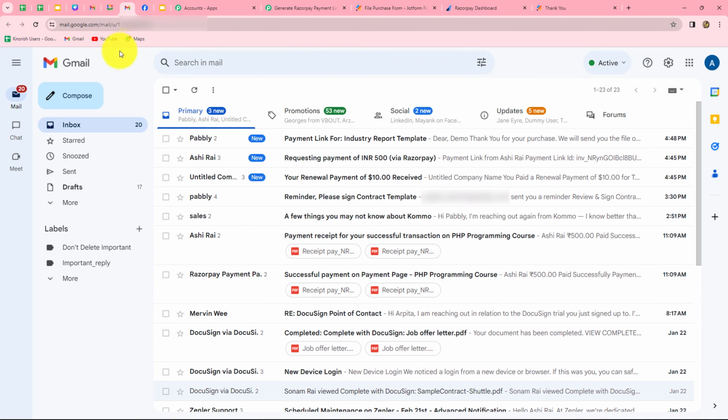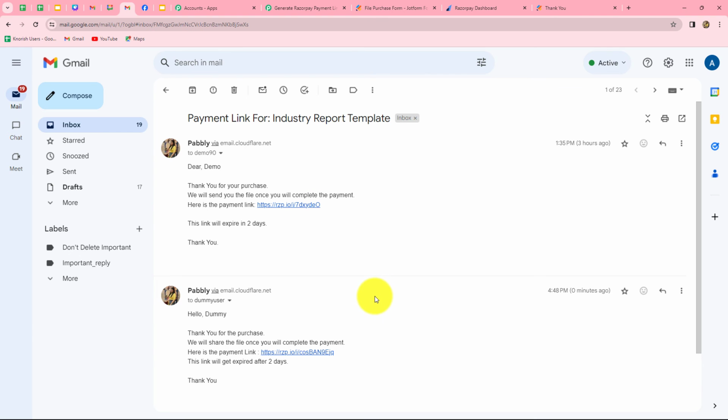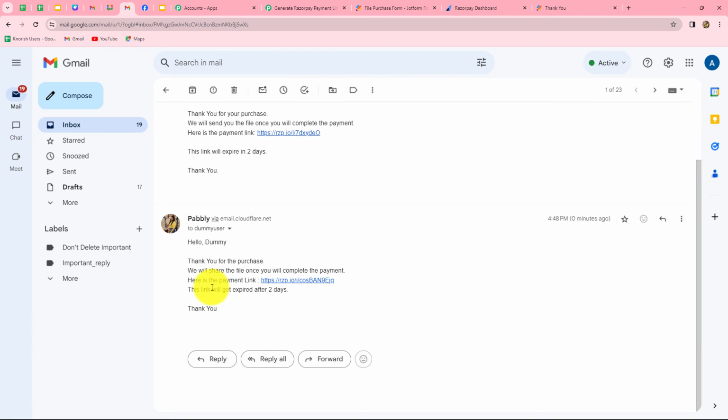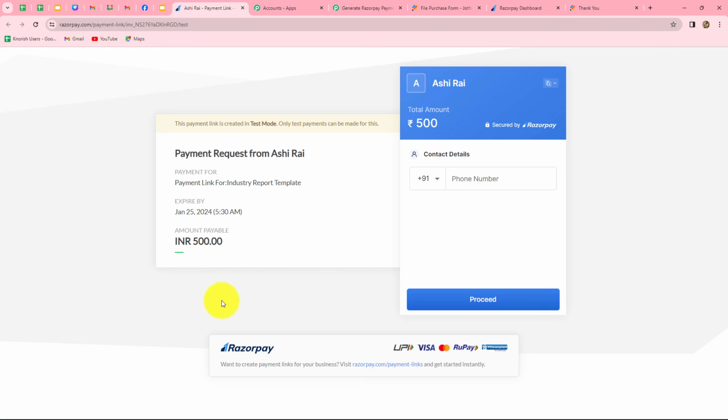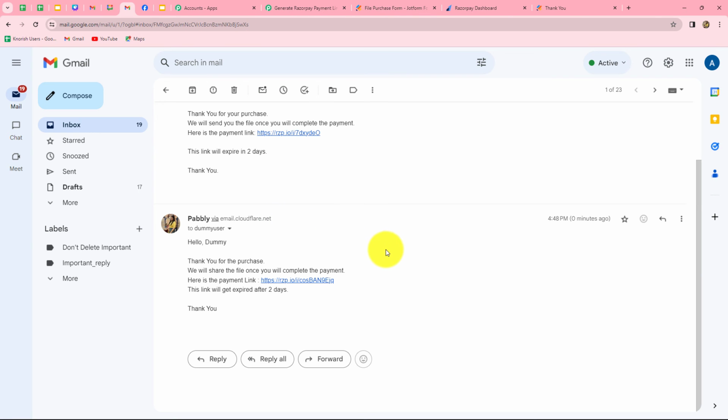So let's go and check on Gmail. So here we have received the email. Hello dummy, thank you for the purchase. And we can find that in the email, the link is also given. So let me open the link and it is redirecting us towards the payment link on Razorpay. So this means that our workflow is perfectly successful and we have successfully built a connection between Jotform, Razorpay